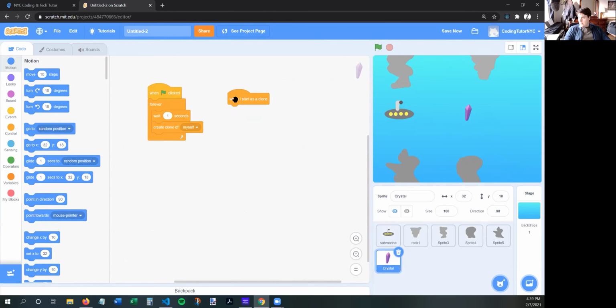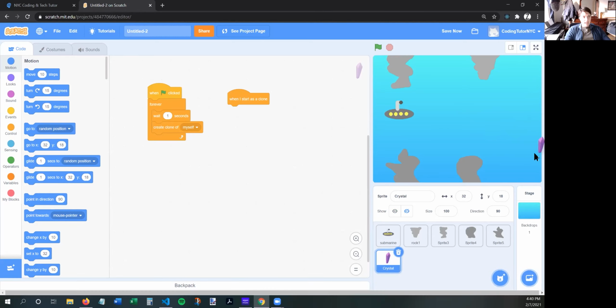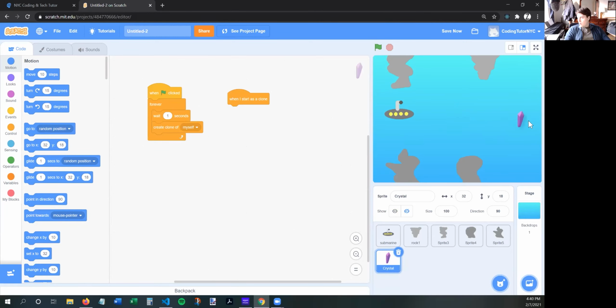I don't need that. Instead, I need when I start as a clone. When I start as a clone, I want the clones to pick a random height. Well, I want the clones to be all the way over to the side, and I want them to pick some random y value, because I want them to sometimes appear up here, sometimes here, sometimes here. So for that, we're going to do when I start as a clone,